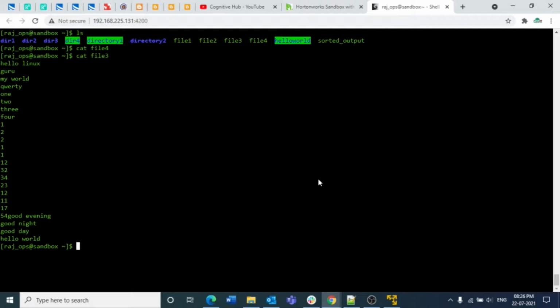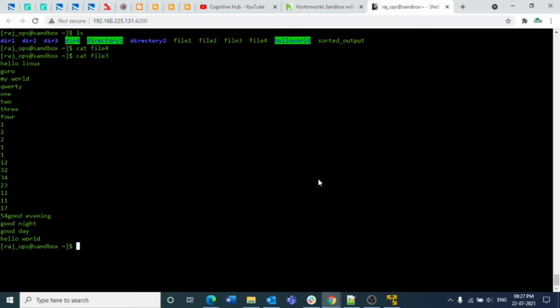But if you are directly watching this video, then try to create one more file just like this, including some alphabetical data in the first few lines and other alphabetical data in the last few lines, and in between that use some numerical values which are not in sorted order, so that whatever operations we are going to see, we will be able to understand clearly.